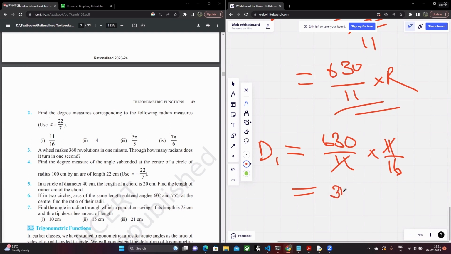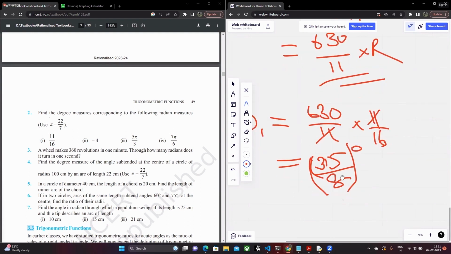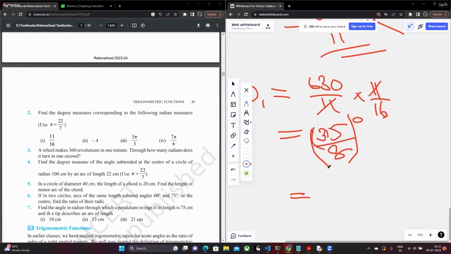This is 315 divided by 8 degrees, right? Which I have to mention in the decimal form. 8 3s are 24, you're left with 75. 8 9s are 72, and you're left with 30, right? And 30 is basically 3 7. Yeah, it's 375